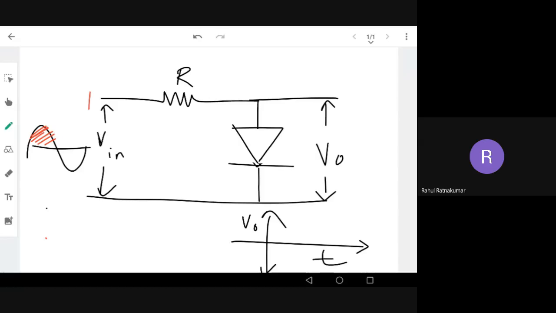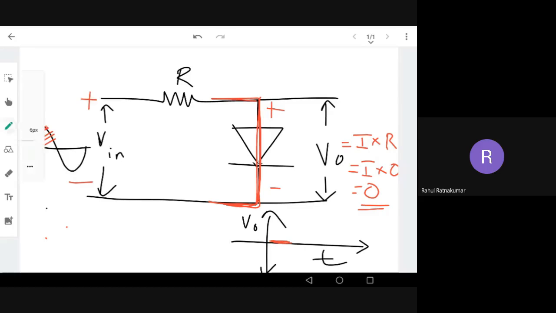This is plus and this is minus. So the diode becomes plus and minus. What happens? It becomes on, or a short circuit. Ideal diode. We are talking about an ideal diode. So what is the output voltage? V equals I into R. I is there, but R is zero. So I into zero, that is 0 volt. So in the positive cycle, my output is zero.